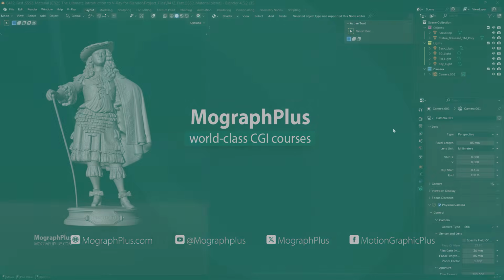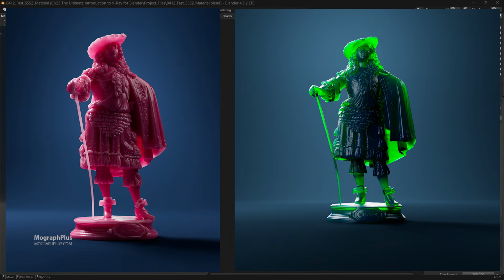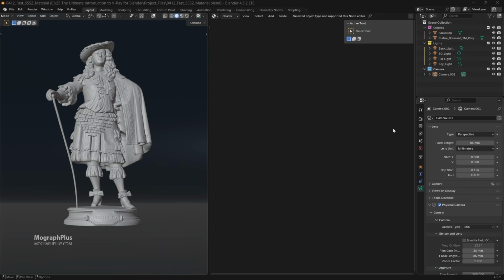In this video, we'll learn about Vray FastSSS2 material, which is a dedicated subsurface scattering shader. Basically, most of the things you can do with the FastSSS2 material can be done with a Vray material, but it might be a bit faster for subsurface scattering. I mean, it's just a simpler material compared to Vray material, so it can be more user-friendly for creating subsurface